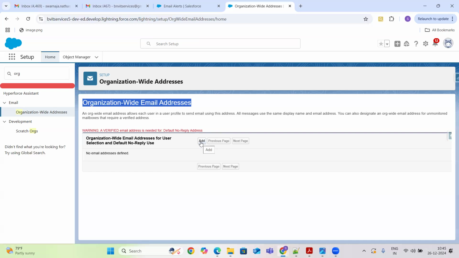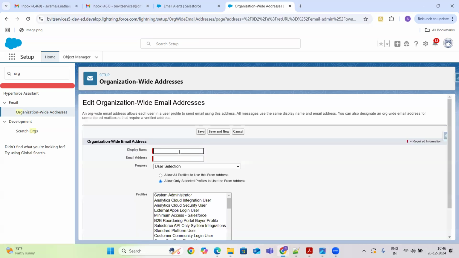Once you verify that thing, let me add one sample. I'm going to org-wide email addresses. I'm making it one of my personal emails.